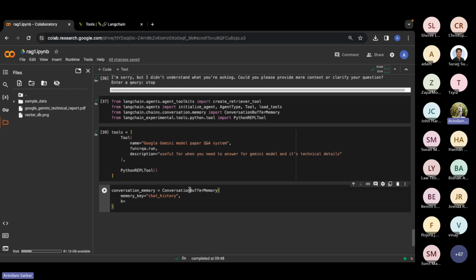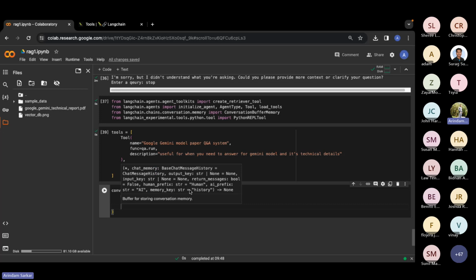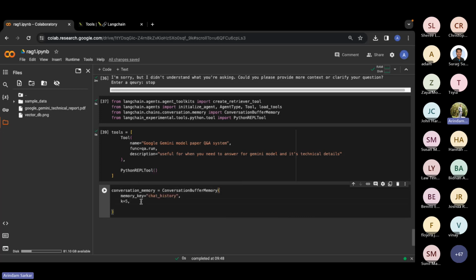So this K is basically how many last conversations you want to remember, right? K equal to 5 means that you want to remember the last five conversations, whatever you have chatted with your chatbot. You will see that even for OpenAI or ChatGPT, after a certain time you'll lose the context. Losing context means that whatever you described in, let's say, the first question, and you are asking the 100th or 110th question, you will not be able to get the context of what you asked in the first question, because it has a certain number of memory buffer, as people say, right?